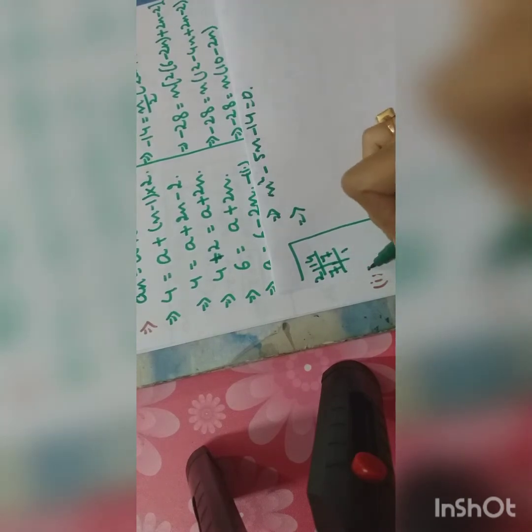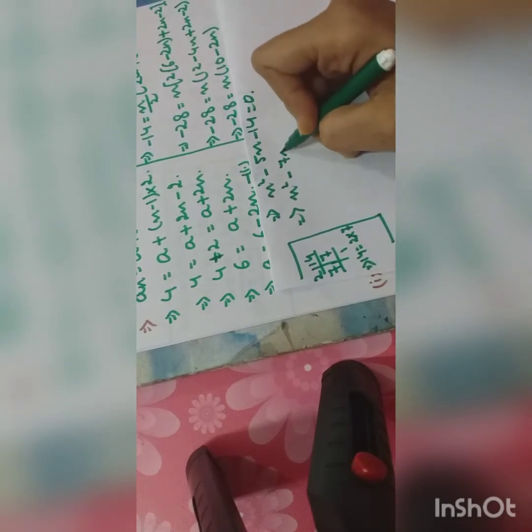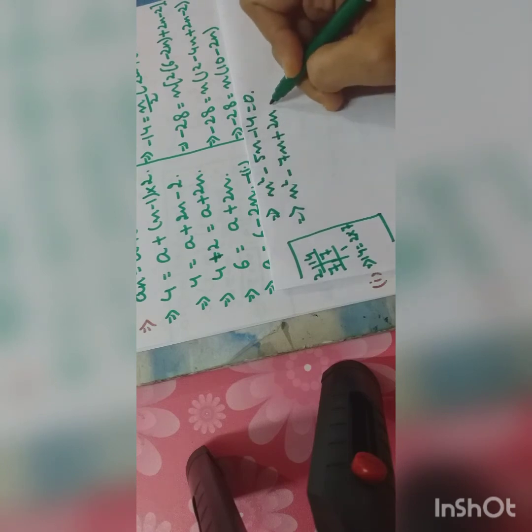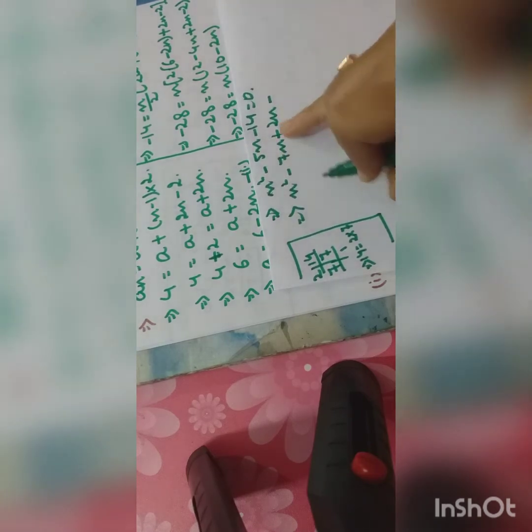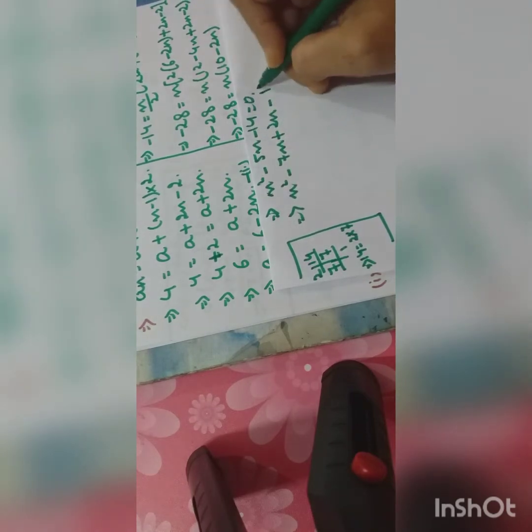My equation is n square minus 5n minus 14 equals 0. I am simplifying this equation. When I factorize 14, 2 sevens are 14, so 14 can be factorized as 2 into 7. So minus 5n can be split into minus 7n plus 2n, and here it is minus 14 equals 0.